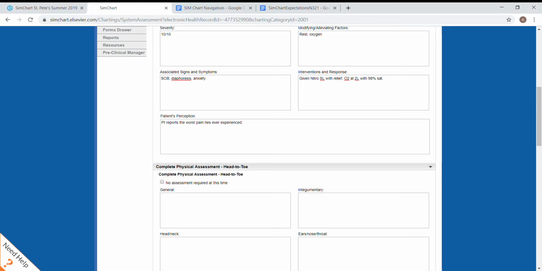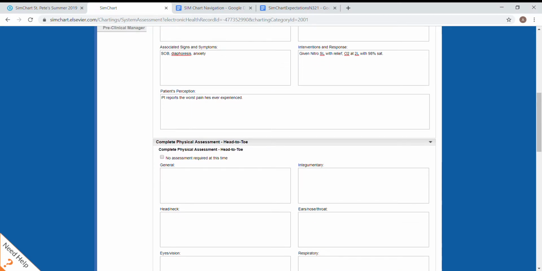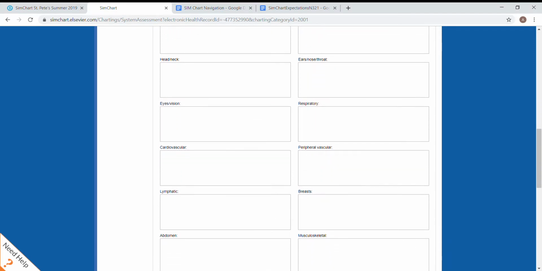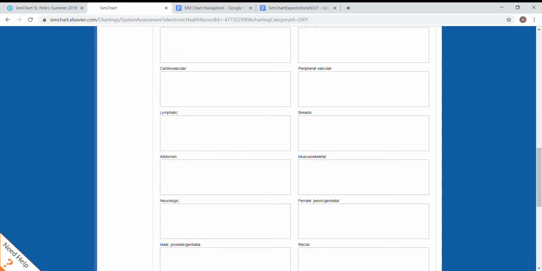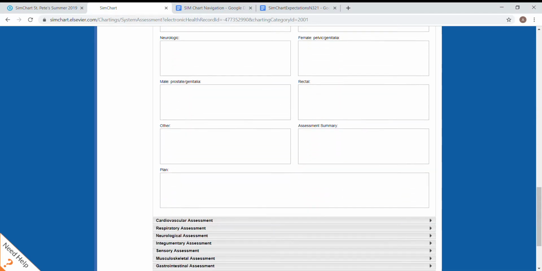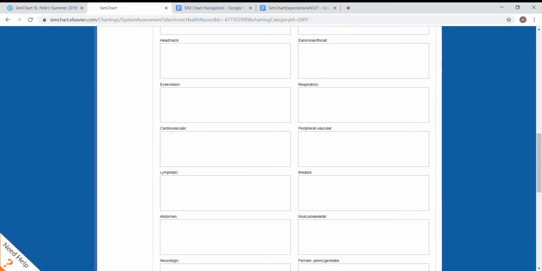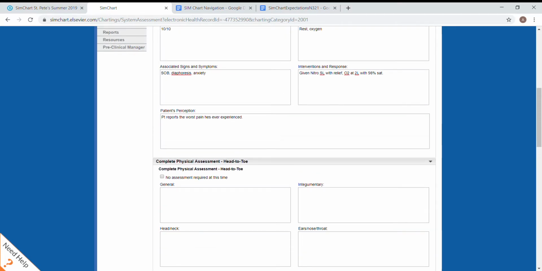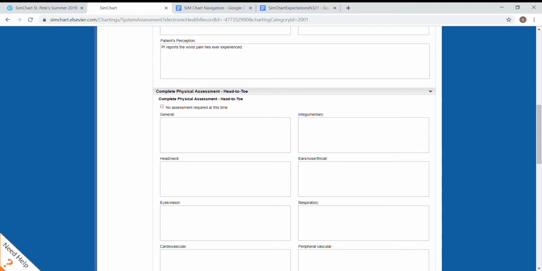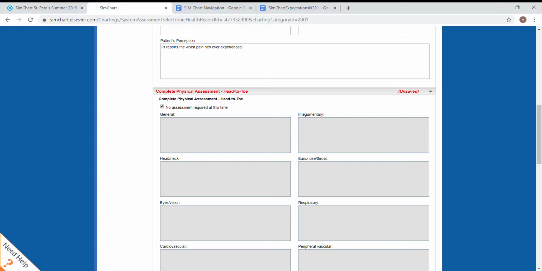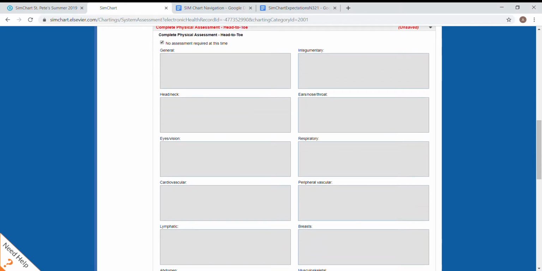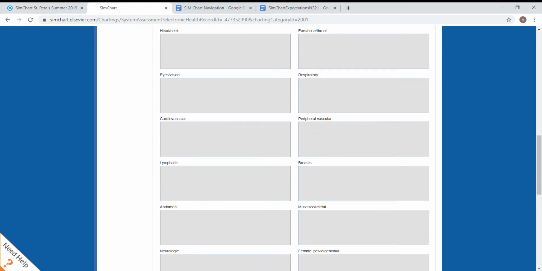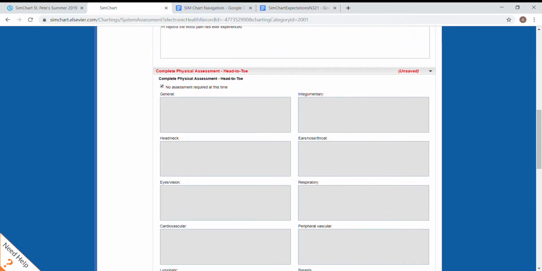Now, for complete physical assessment head to toe, this area is if you have, it's kind of more like what we call charting by exception, which you will learn at some point. For this level, I don't feel like you need to know this part just yet because I feel like you learn more on the next section. So I'm going to ask you to click no assessment required at this time, and that grays everything out so that you're not forced to fill anything out in there, because it can become a lot when you're having to